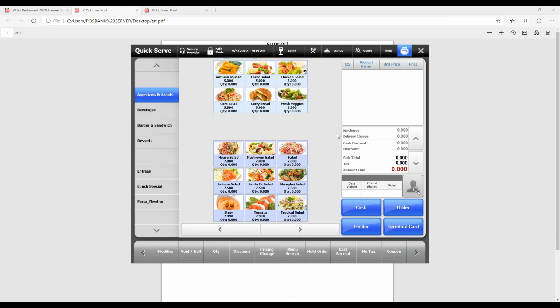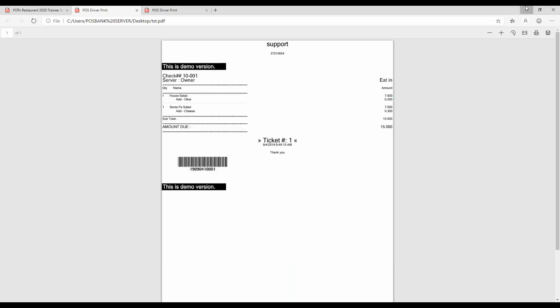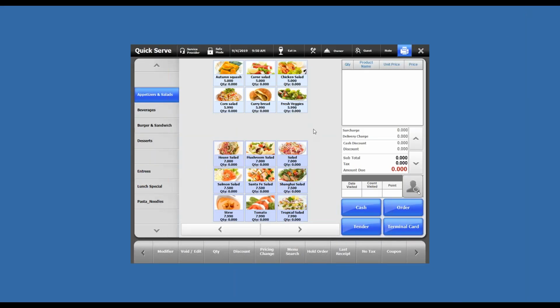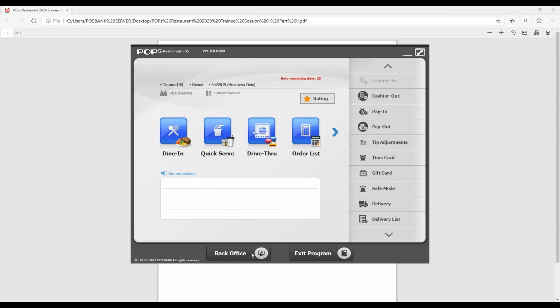We go back to the software. Okay, this is for printing modifier prices in printouts. If you have any question regarding this feature,